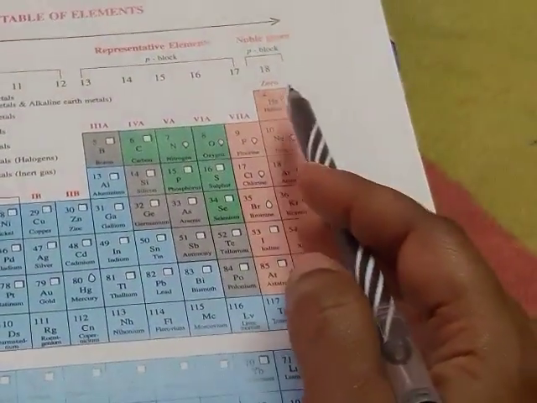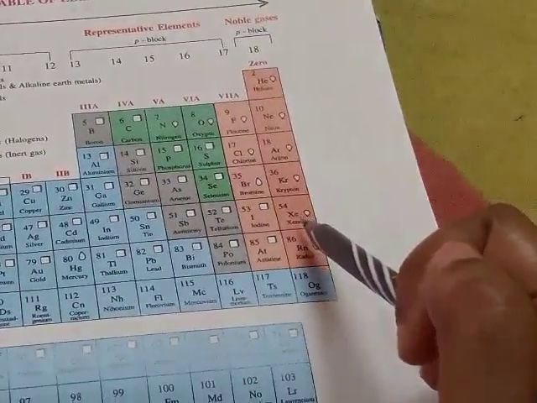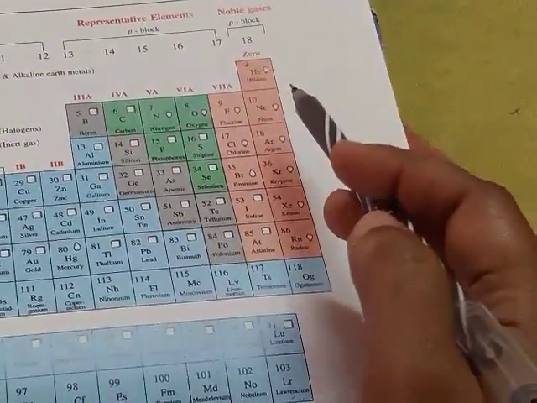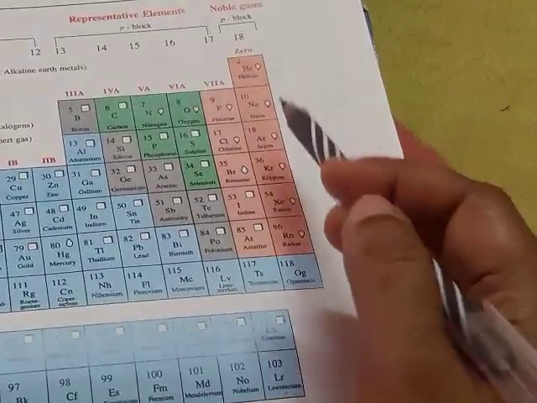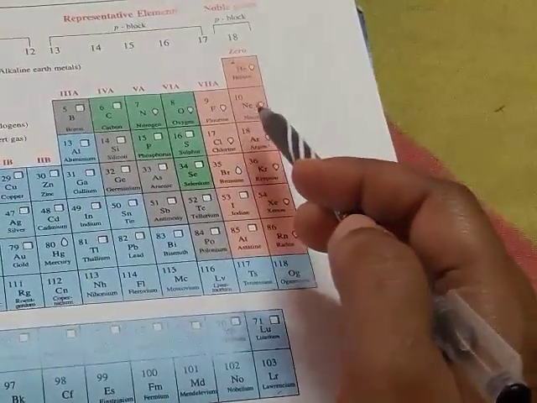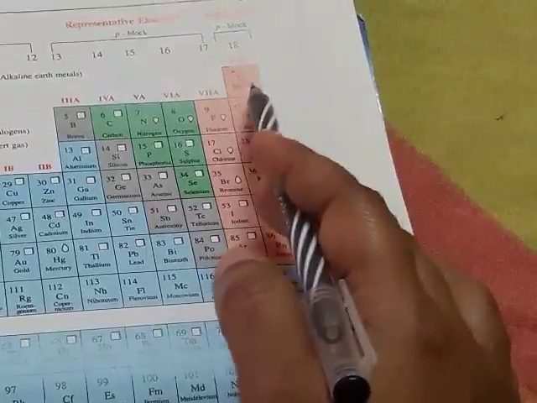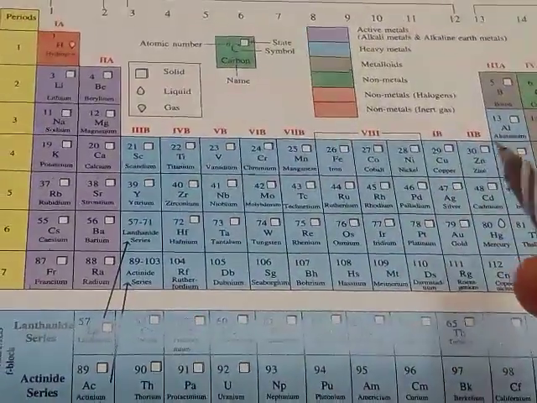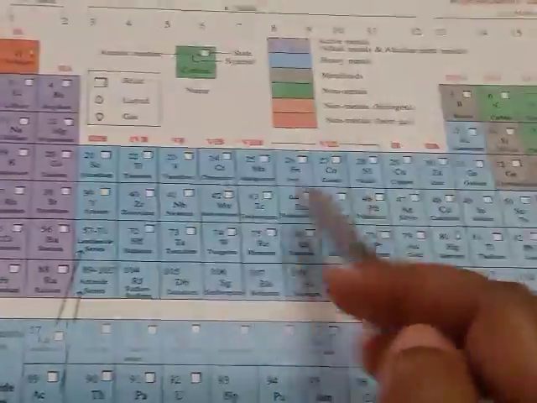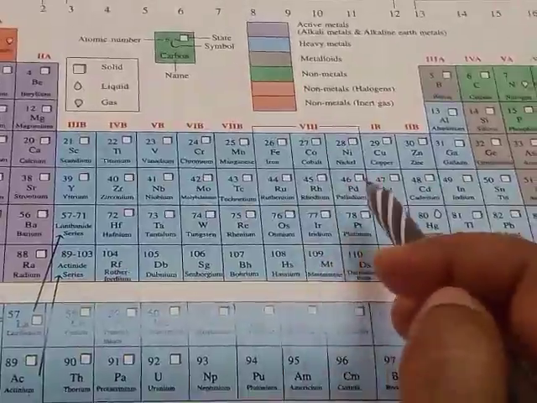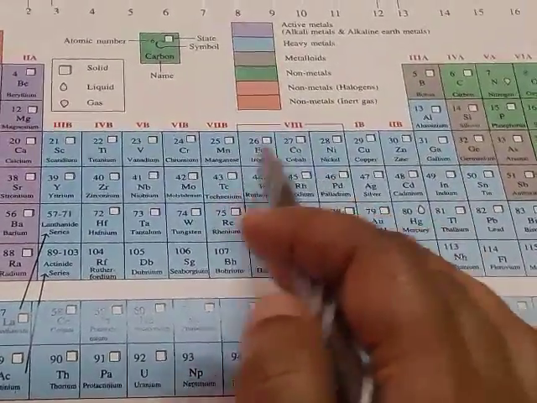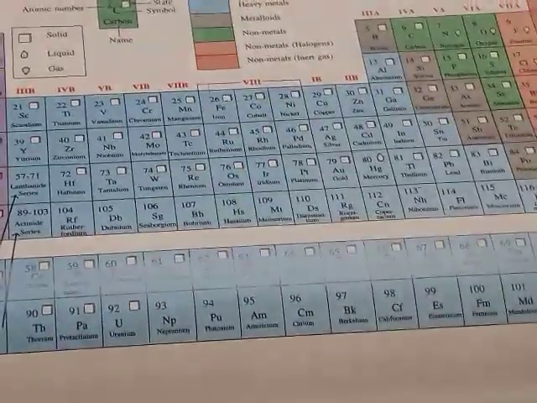And these group 18 elements, helium, neon, argon, krypton, xenon, radon, have 8 electrons, a complete valence shell. Their outermost shell is completely filled, so they are very less reactive. They are called noble gases or rare gases. And for the transition elements there are 2 incomplete shells: the valence shell, and another incomplete shell, that is the d orbital.